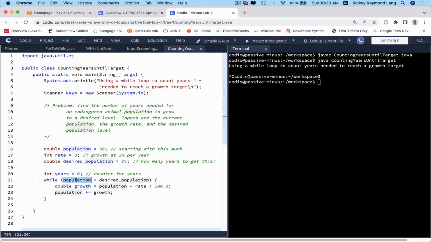All right, so we compute the growth and then add the growth. It doesn't have to be every variable, right? The desired population is going to stay the same, but this will change every time we go through. So every time this is true, right, we're going to calculate a number and add that to it. All right, so we expect that it'll happen at some point. But there's one last thing going on here. We have to say, all right, we have to count that year. If we want to know how many times we had to go through this, we'll say years plus equals 1. And then we output